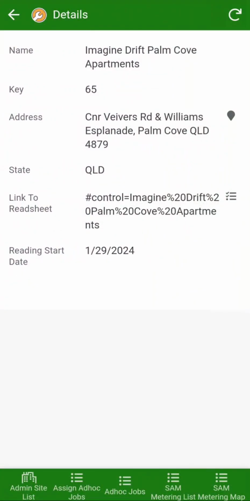now we have on here basically the name, a key. Pay no attention to that. That's just a unique identifier for the site that we use for the system. So that's not necessarily a key that you need for that site. So just ignore that. You have the address, which if you tap on that, it will take you to a